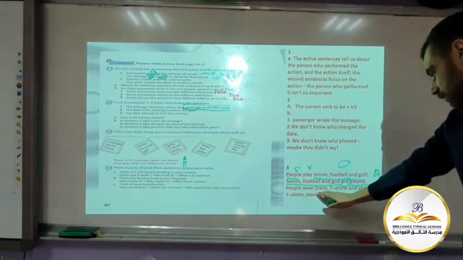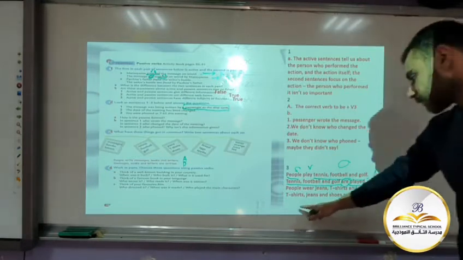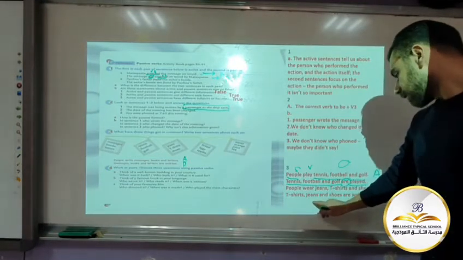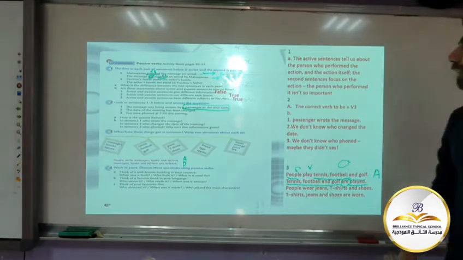People wear jeans, t-shirts, and shoes. The same story here. We are going to say t-shirts, jeans, and shoes are worn. Okay, now